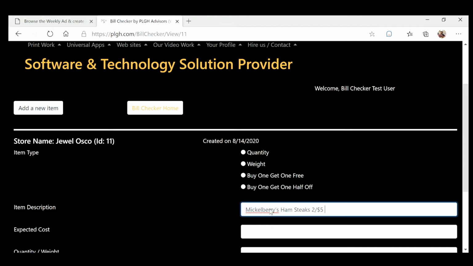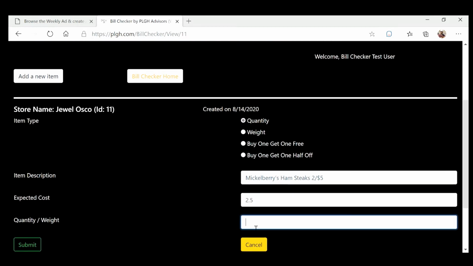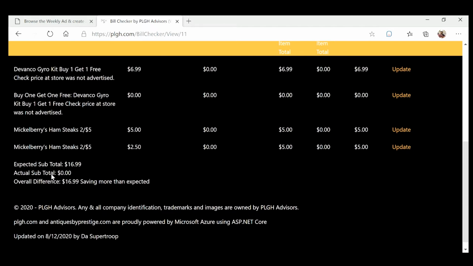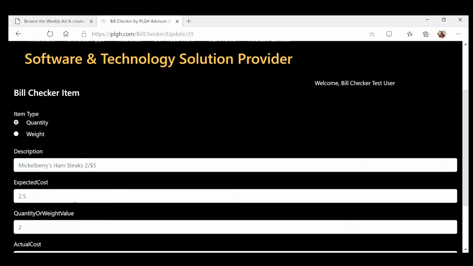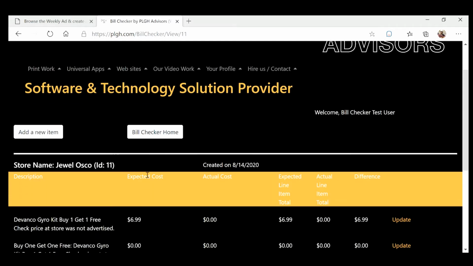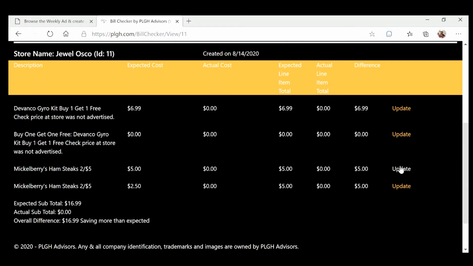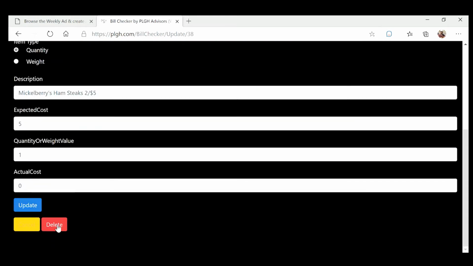Or the second way you can do it, you can come in and do it like this. If you want to keep an accurate track of the actual items, then for the price you can just do 2.5 and then do a quantity of 2 and then submit. So that way, when you go to update, you can see we have one for 2.5. The other way, we'll cancel and go back,